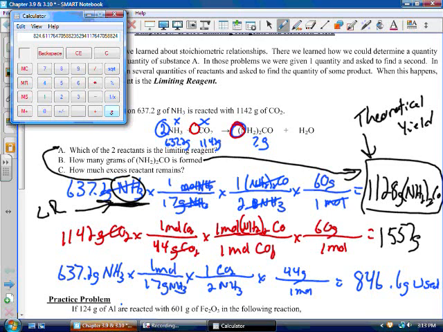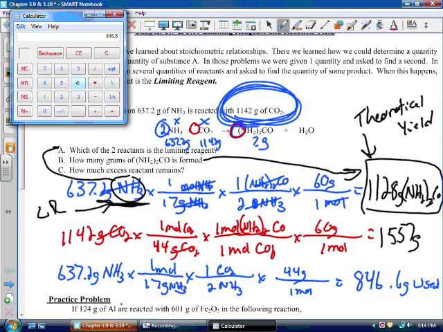Now the question doesn't ask how many grams were used, the question asks how many grams are left over, how much excess reactant remains. So if that's how much is used, and we know that this is how many grams we began with, we would simply subtract those two to get how many grams are left over. So if we had 1,142 grams to begin with, and we used up